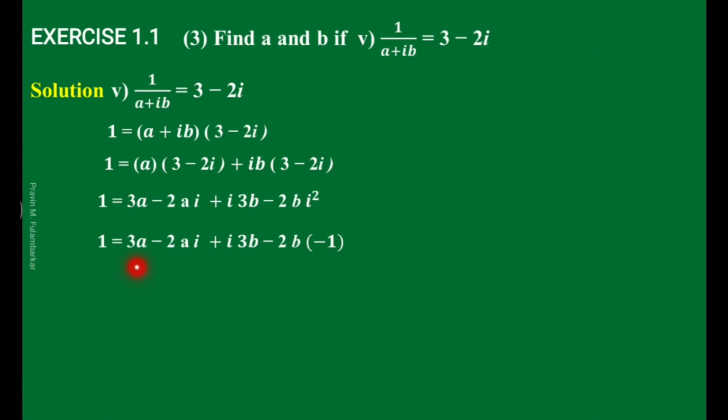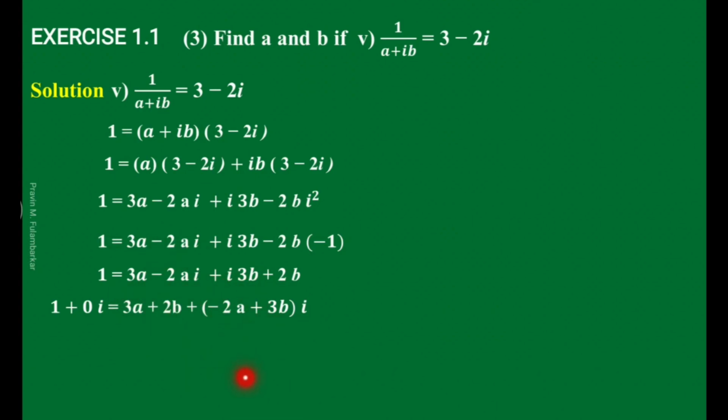So we collect the real part, 3a minus minus plus 2b. So we write here 3a, first we write minus minus plus here. Then we have to add this 3a with 2b. So on the left hand side we write this 1 as 1 plus 0i. We collect real part with real part. So 2b we write with 3a, 3a plus 2b. We take minus i common from the second and third term. So we write here minus 2a plus 3b.